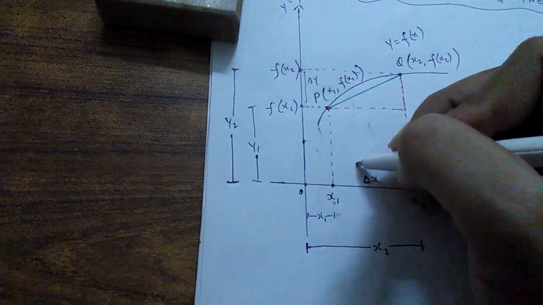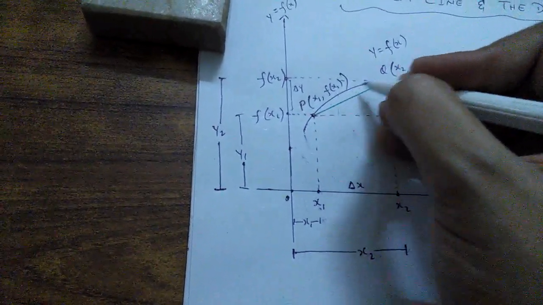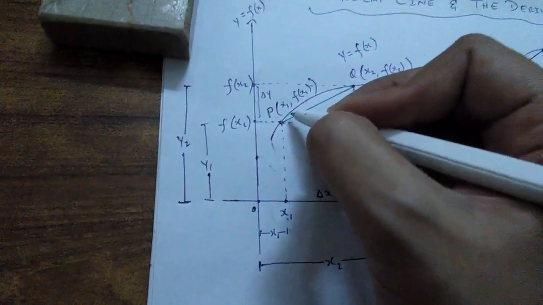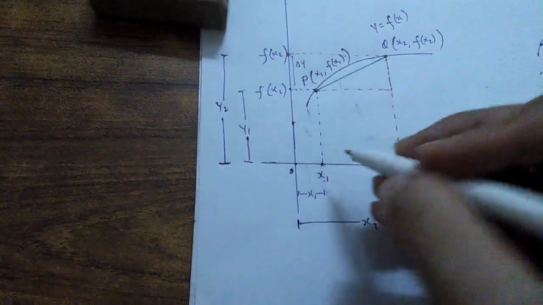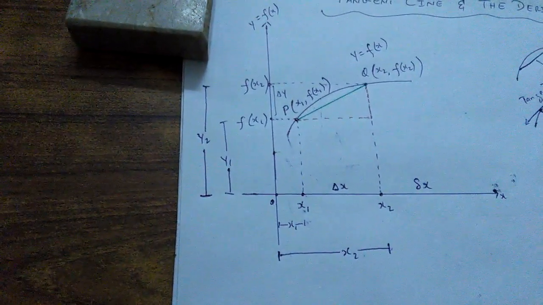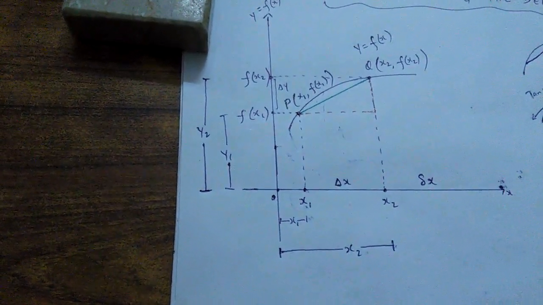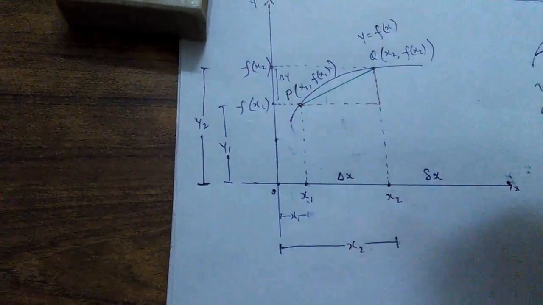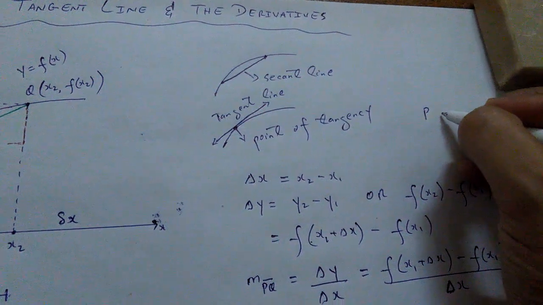So this is going to reduce the value of your del x. If it keeps moving closer and closer to P, del x becomes very close to 0,